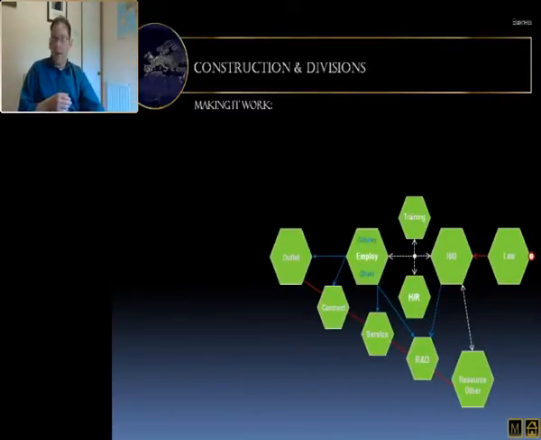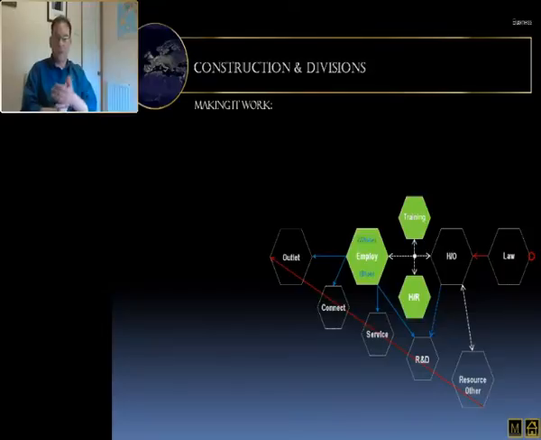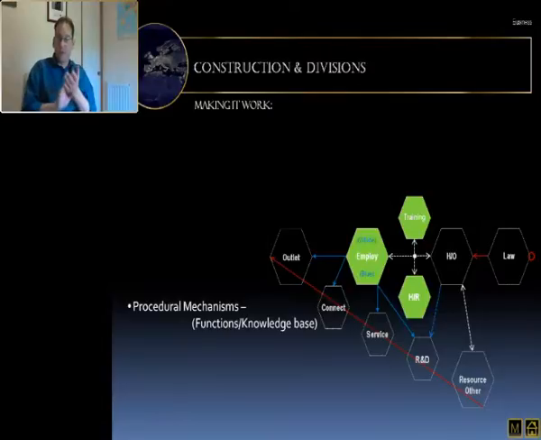Okay, well, back again. Making it work. Well, this time we're going to trim it back again. And procedural mechanisms. Function of the knowledge base. In this particular one, the knowledge base itself could be defined as being here. But we've placed it here. Why? Because when you've taken the law out and everything else out and placed your main parts here, like we saw in the beginning,